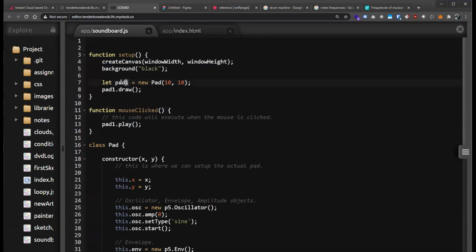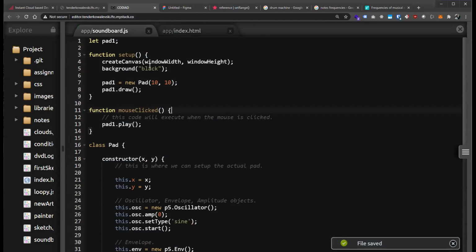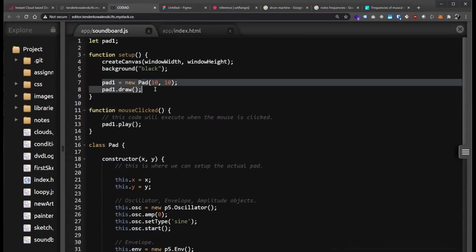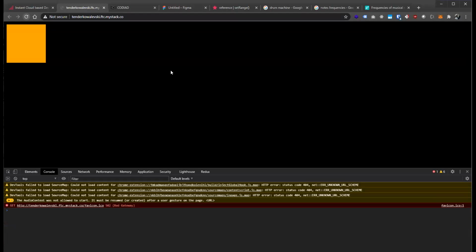If you guessed it, you have to move this over here. So we're going to say let pad1 up here, and then we're going to take the let out here, and we're going to say pad1 = new Pad. Now pad1 is defined globally, and we're just instantiating it here in the setup, but then we're using it in mouseClicked. Let's go ahead and go back here, refresh, and then boom. When we click,